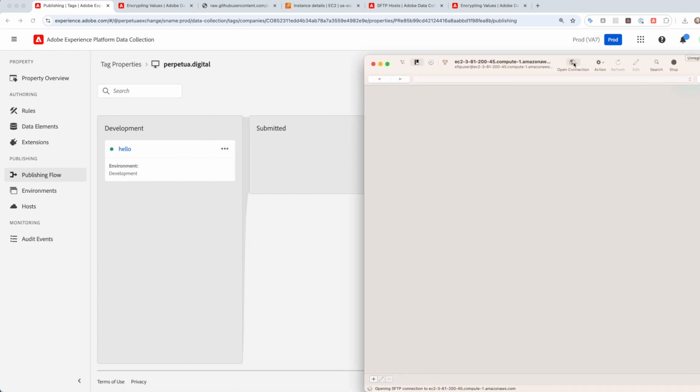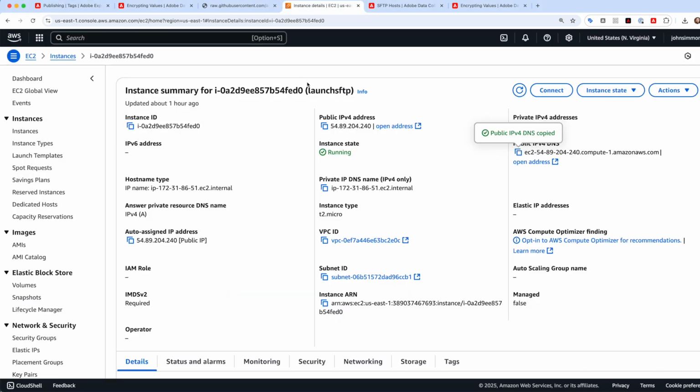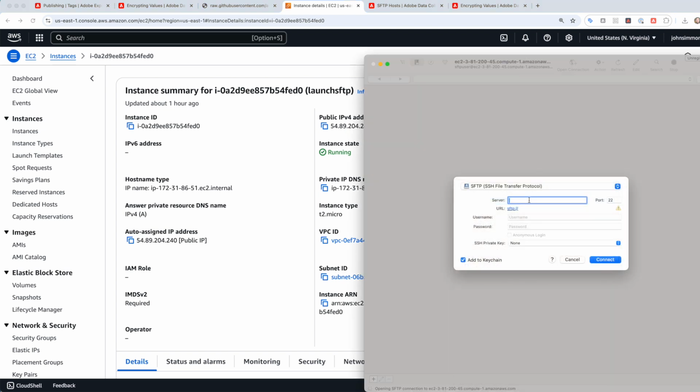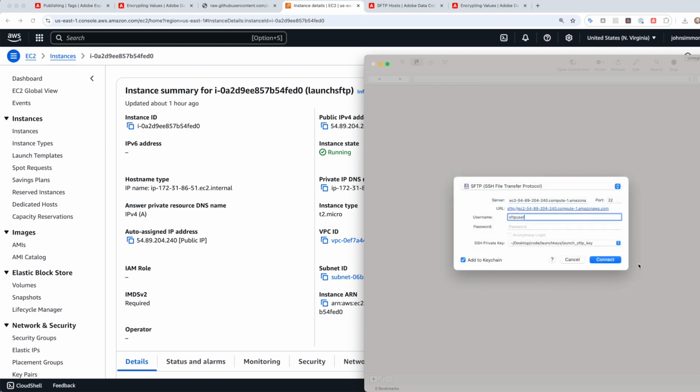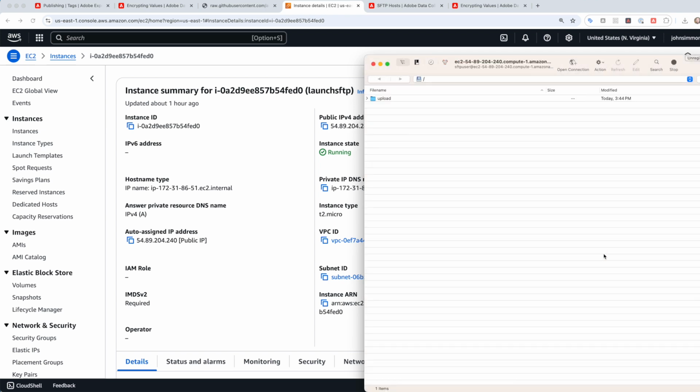So there's my library. I'm going to go to new connection, SFTP. My username is SFTP user, and I don't have a password, but I do have a private key, and that private key is going to be Launch SFTP key with no extension, right? So I'm going to hit connect here, and this is going to connect, and I have